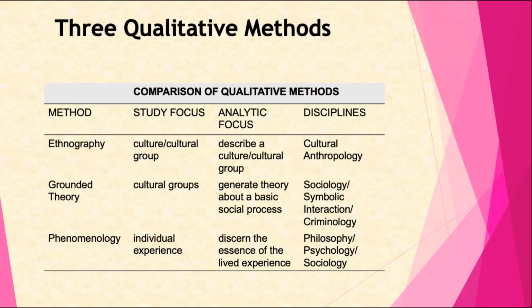Then we have grounded theory, and from the name you will know that it's about theory development. The cultural group could also be studied here. Here you generate a theory about a basic social process. And the disciplines are like sociology, symbolic interaction, criminology. And the last